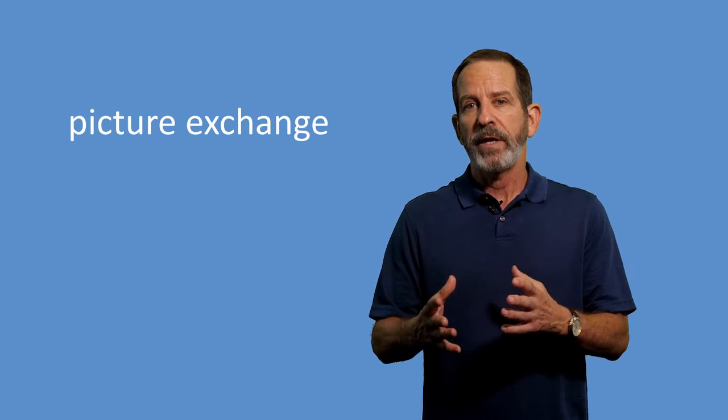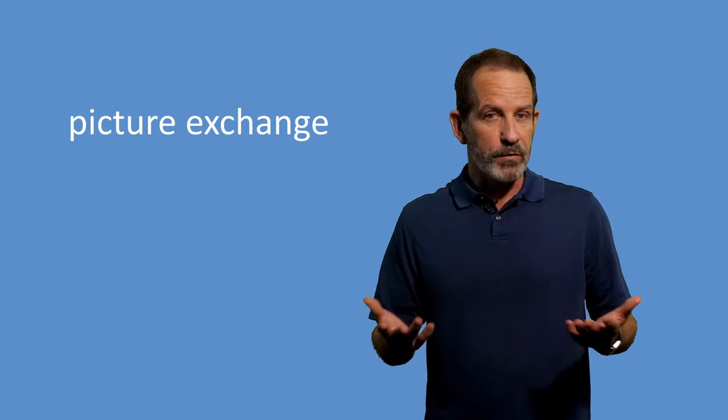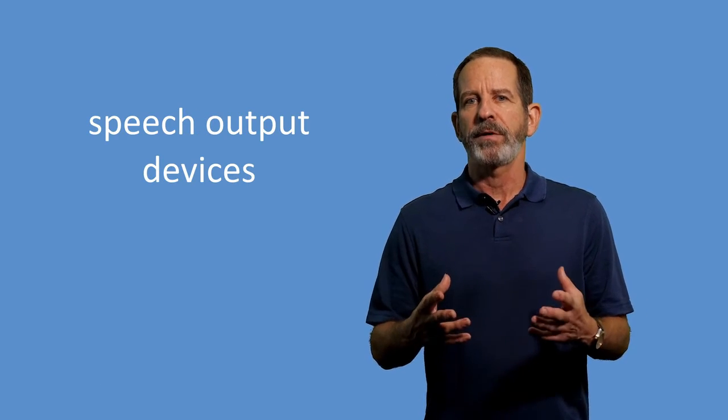Some people with autism find that using pictures or technology to communicate is more effective than speaking. Speech therapists, or SLPs, are knowledgeable about this and can help. This is known as alternative augmentative communication, or AAC. Examples of AAC methods include sign language, picture exchange communication systems, also known as PECs, iPads, and speech output devices,